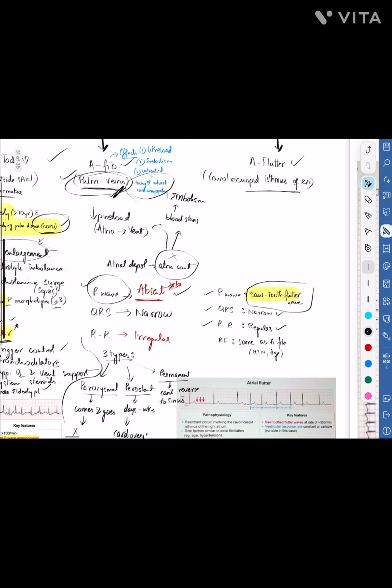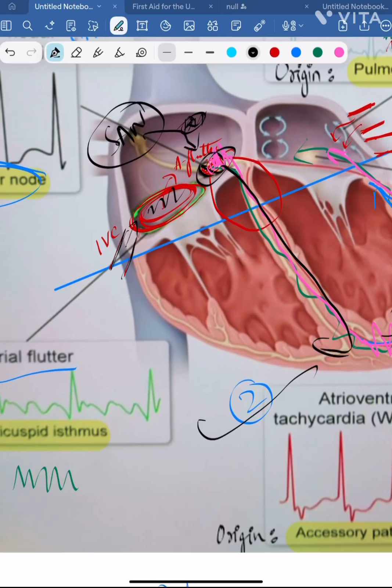Okay, and risk factors are the same as AFib, and management is also the same as AFib, that is, rate and rhythm control should be done, and ablation. So where do you do the ablation? The area where the inferior vena cava opens into the right atrium and where you have the tricuspid valve annulus. Okay, so here is the annulus, correct? Open. So this is the area where you will find the cavo-tricuspid isthmus,